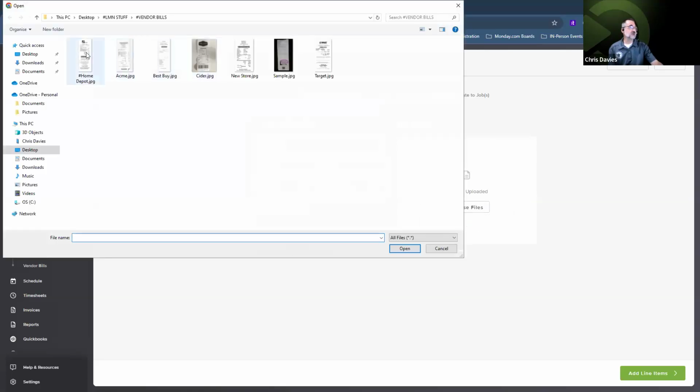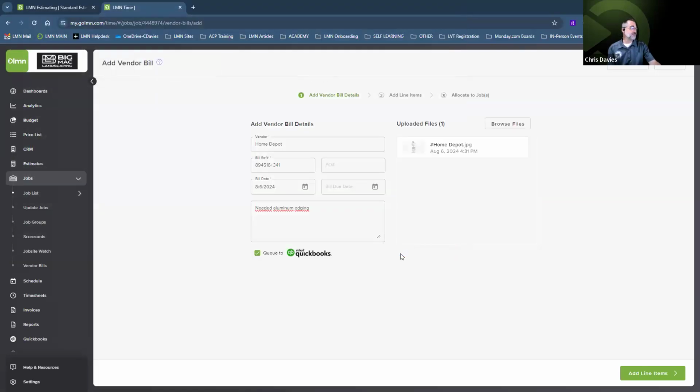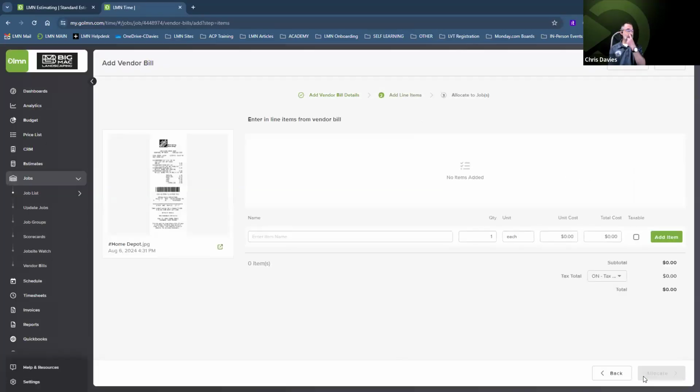So in this case here, I'm going to go to my vendor bill folder that I've got in my computer. I'm going to attach my Home Depot receipt. And now I'm going to identify what my line items were. So in this case here, I'm going to save this so far. Okay. And if I go back to my actual job,